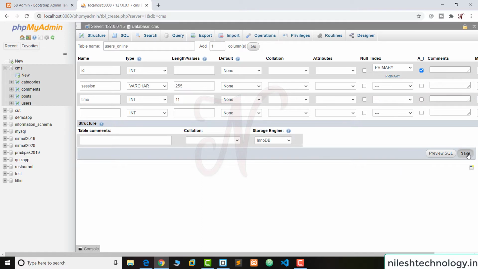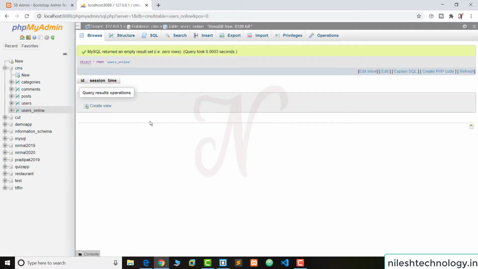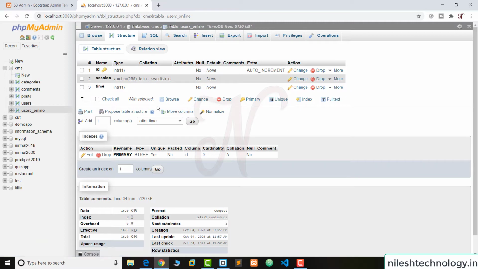Okay, save. So in this users online table there are a total of 3 columns: ID, session and time. ID is auto incremented. Session stores the session of every browser, and time records when the user is logged in to our CMS application.